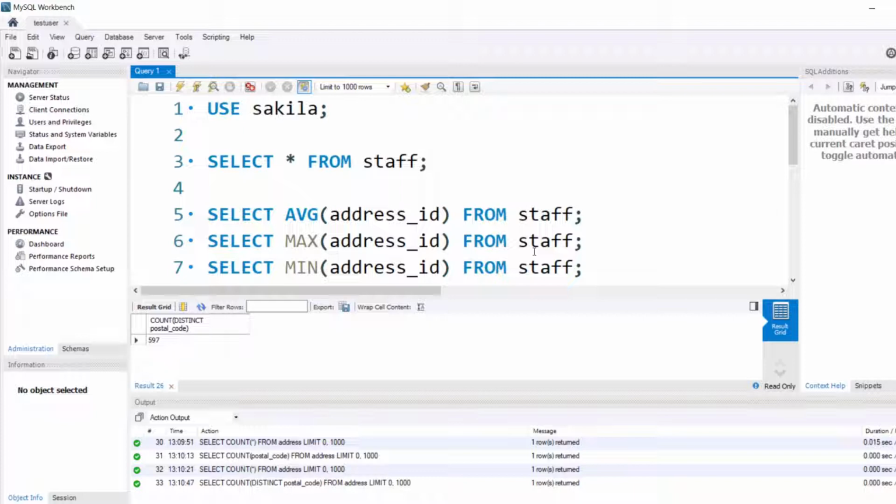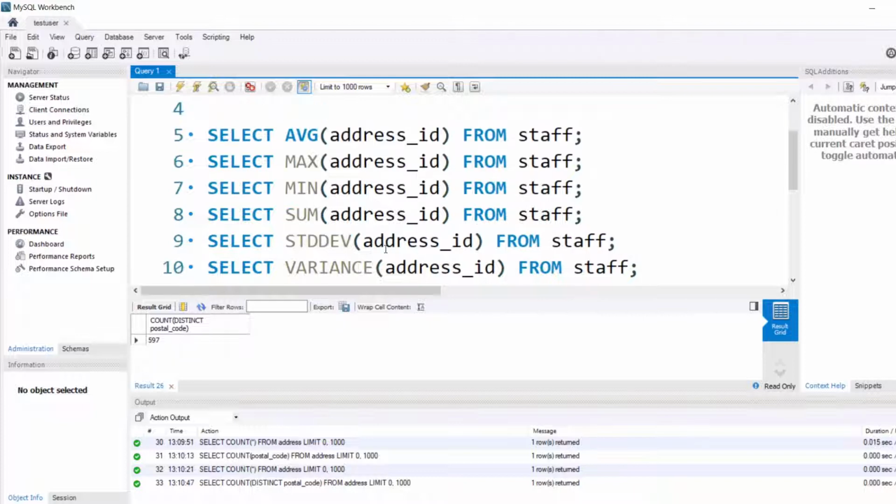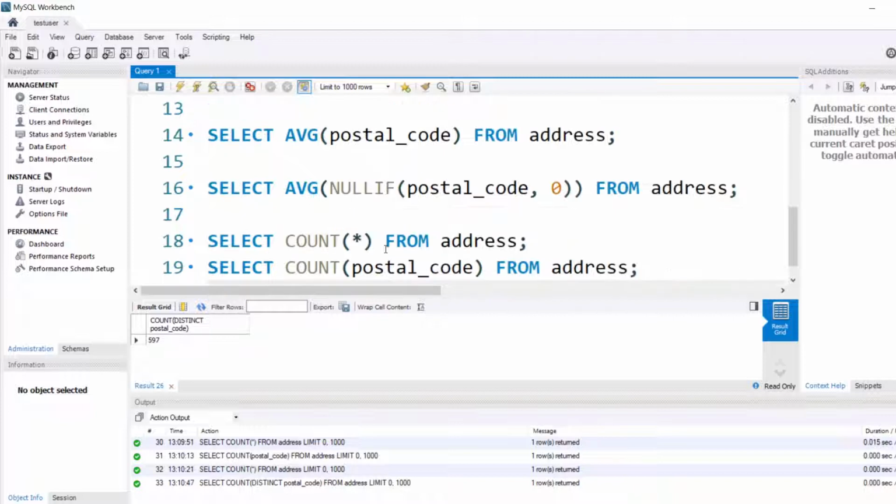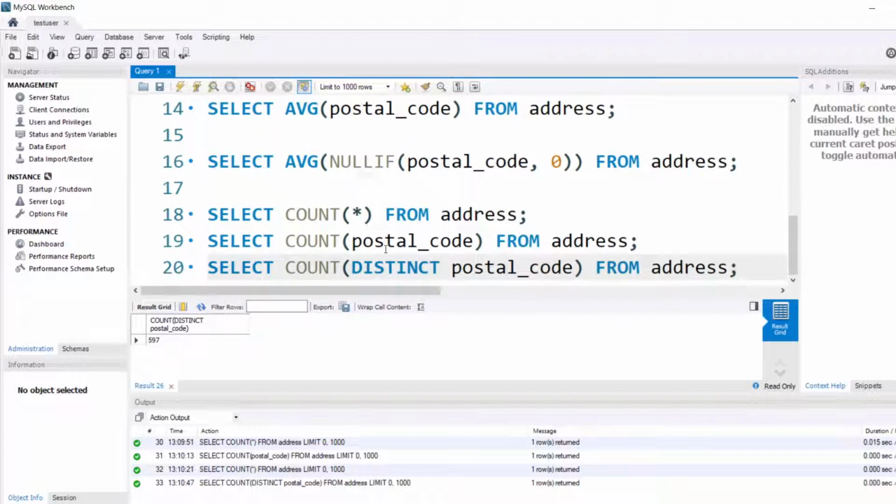We are going to understand how to use group functions for multiple groups in the next video lecture. We saw all the statistical functions, that is average, maximum, minimum, summation, standard deviation and variance. Then we saw how we can work with null and group functions. And finally, we saw how we can use the count group function.